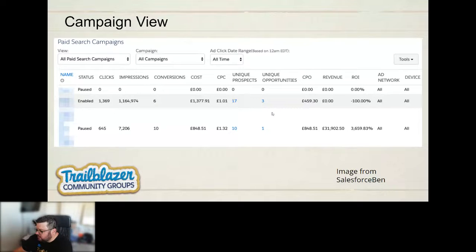Let's say you've got 20 prospects and 7 opportunities, and those 7 opportunities together have a total revenue value of, I don't know, 1.5 million. It's going to take the 1.5 million against the cost, to give you an ROI percentage. So it's something that is interesting, but should be viewed somewhat skeptically because it's giving you very broad numbers here,